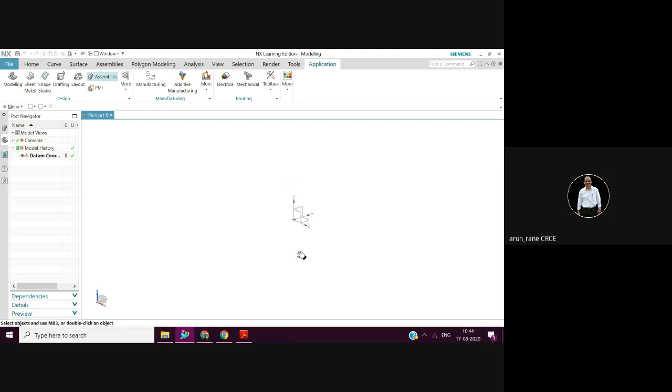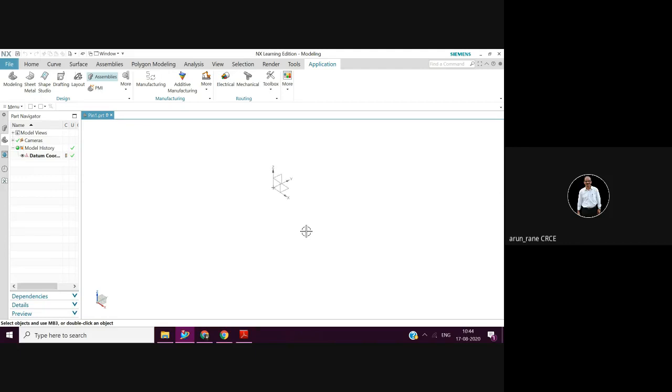Now you should understand the working of the mouse. In the mouse you have left click, the roller, and right click. With the help of the roller, you can zoom in and zoom out.